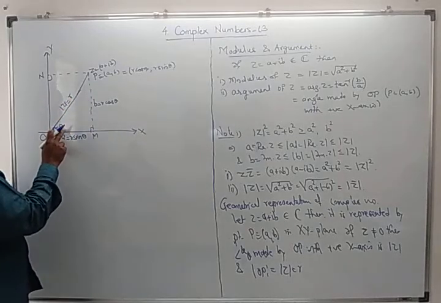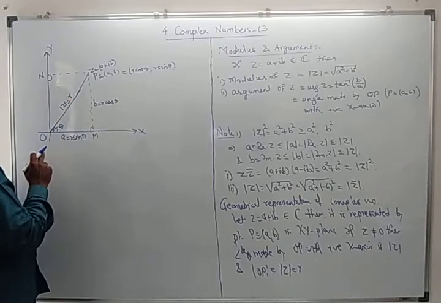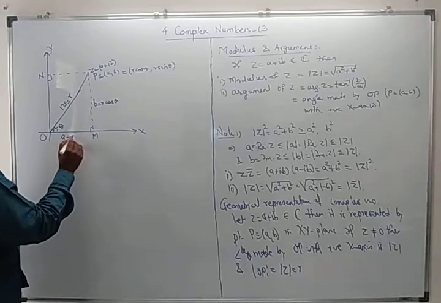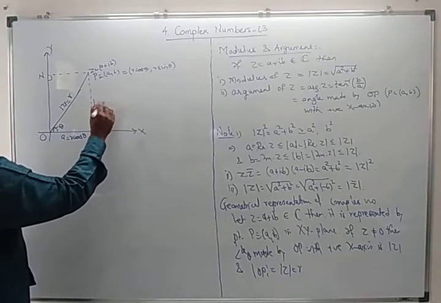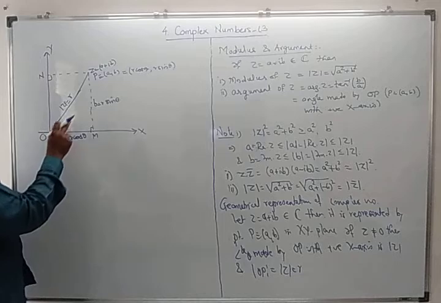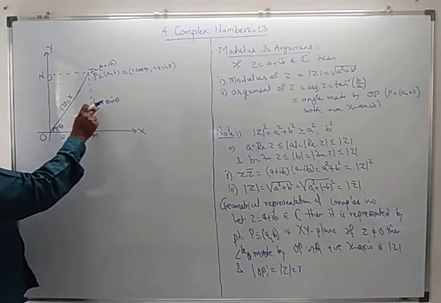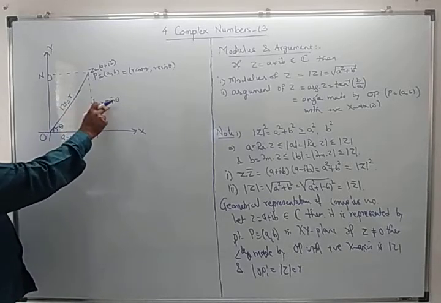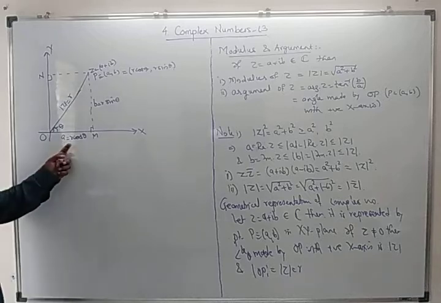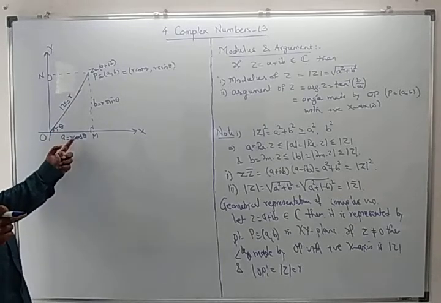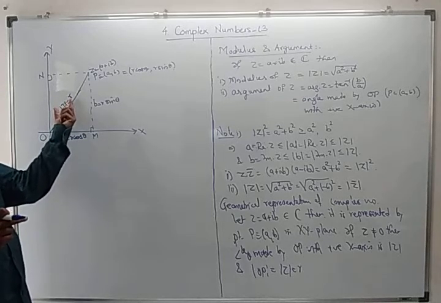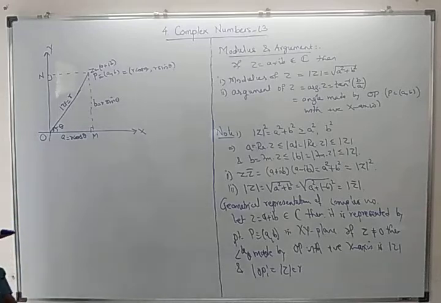So I can represent this by (r cos theta, r sin theta). Sin theta is opposite side upon hypotenuse, that is b upon r. Sin theta is b upon r, and therefore b is equal to r sin theta. Cos theta is adjacent side, that is a upon hypotenuse r, so we will get this one. Okay. So even though that point may be anywhere,